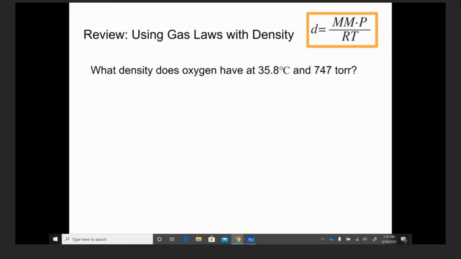Okay, so we're using gas laws with density. And remember, we solved for that density equation in class. So the density of a gas is equal to the molar mass times the pressure divided by RT. What density does oxygen have at 35.8 degrees Celsius and 747 torr? So you know you're going to have to convert these to Kelvin